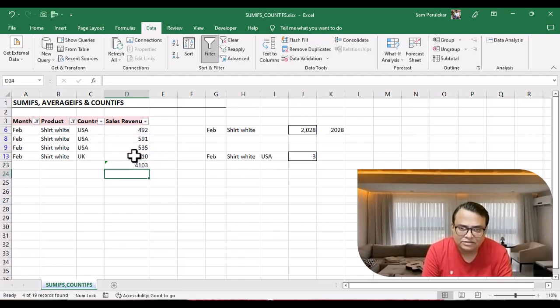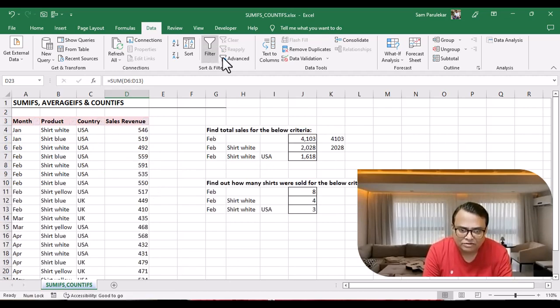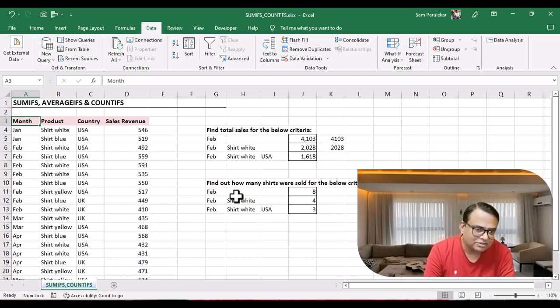Close parenthesis, and you can find out it is 4103. So when I remove the filter, you will see the result is 2028, and why it showed us that way was because the filter was on. So we'll do one more time. We give the filter,